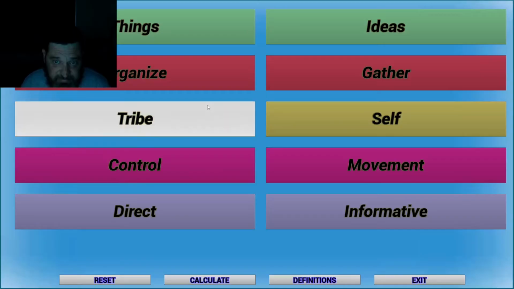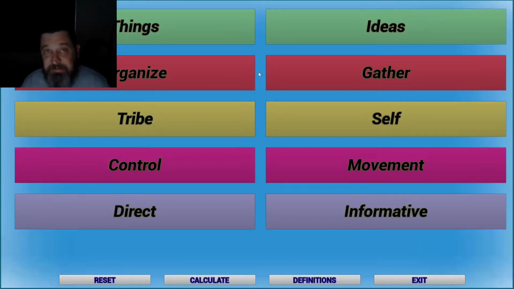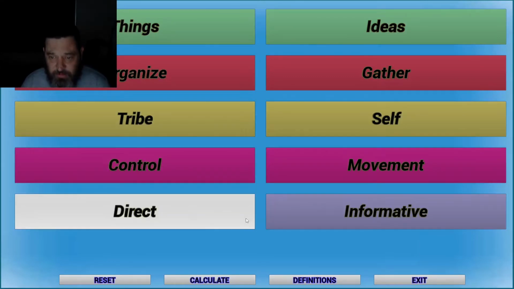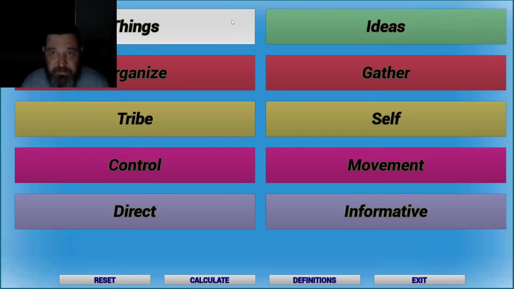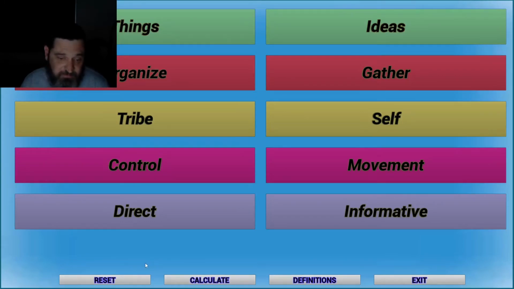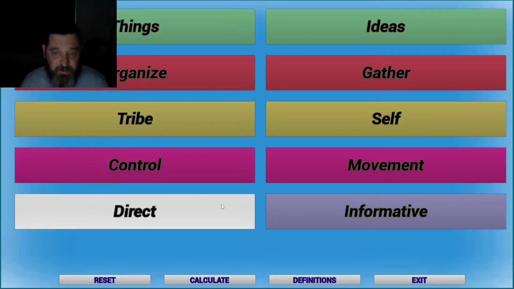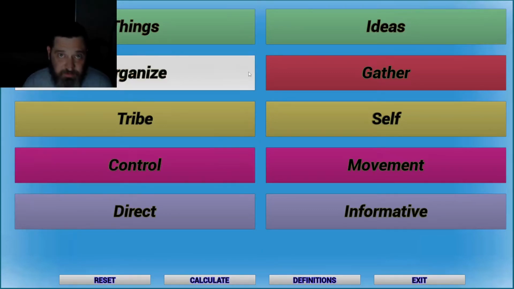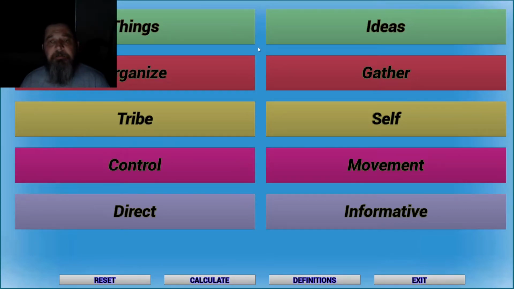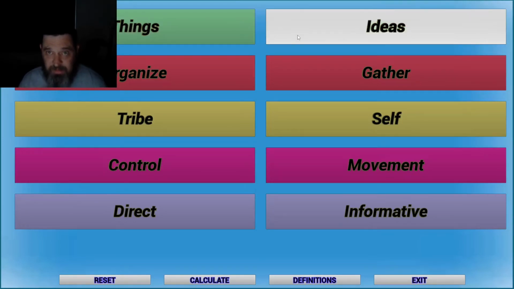The last thing is how the app itself works. It's basically a calculator. Each of these are a different category, color-coded as need be. When you click on them, there will be a light that shines down, that lights up down here, and the color that it is, so that you can know which ones you missed. You're looking for very clear differences. Someone is either things or ideas.